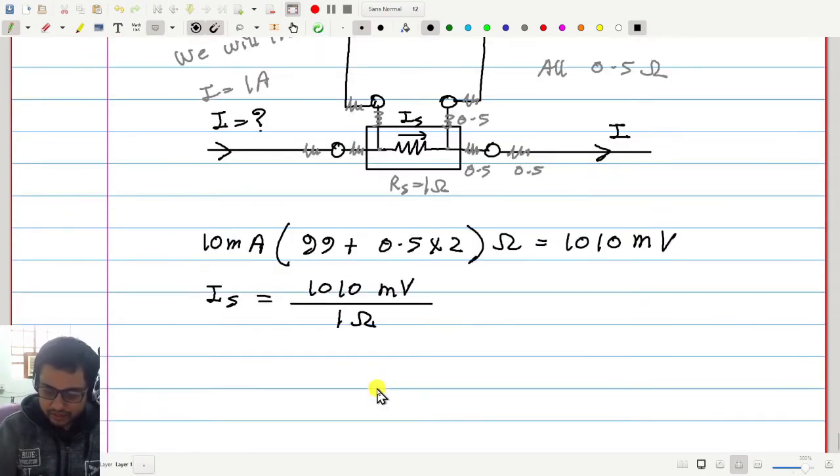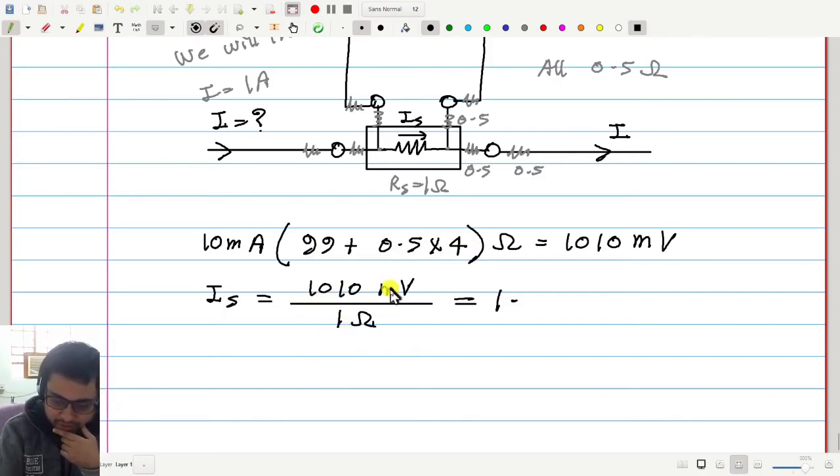Okay, and that is fine. That is 1 point. Sir, should it not be 99 plus 0.5 into 4? So it would be into 4. Yes, 0.5 into 4. Yeah, actually I did that. That's why it's 101. I wrote it wrongly, but mentally I calculated it to be times 0.5 times 4. Yeah. Okay. 1010 by 1.